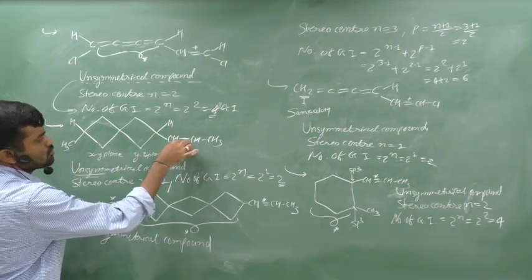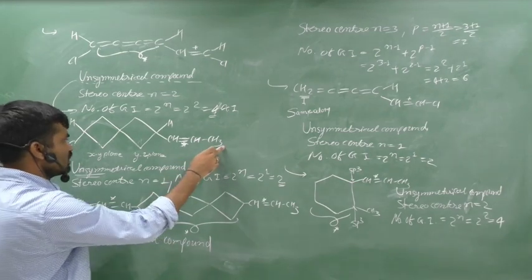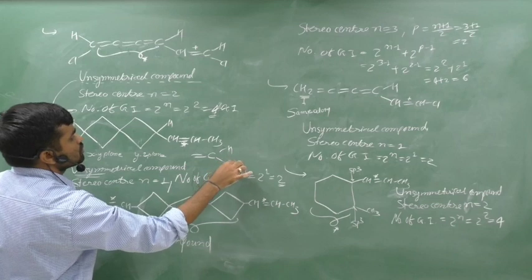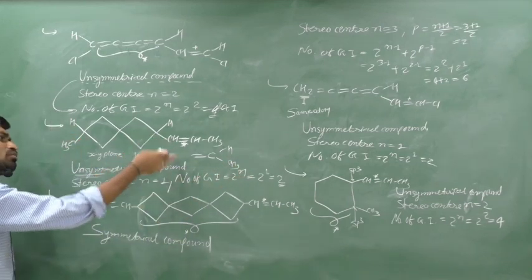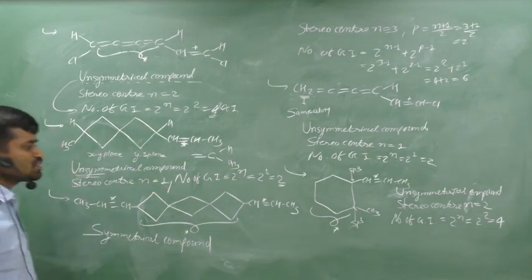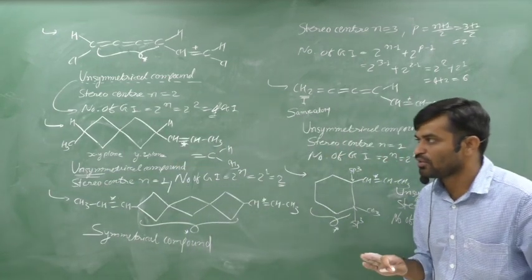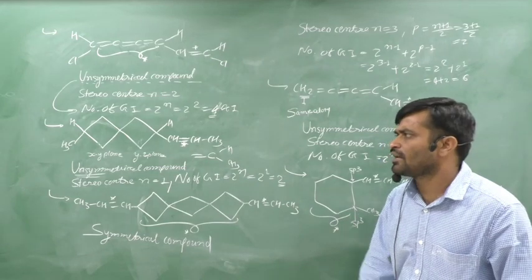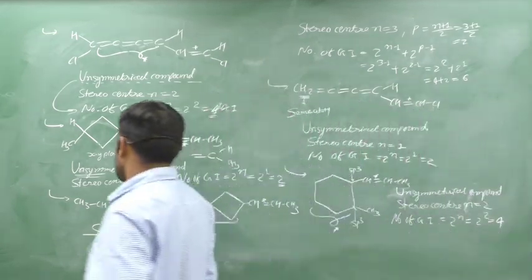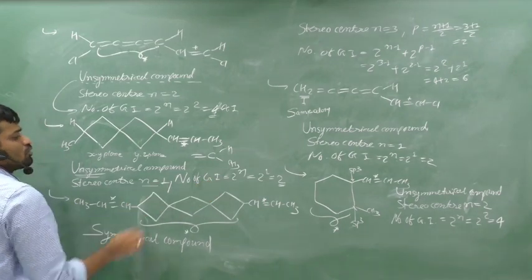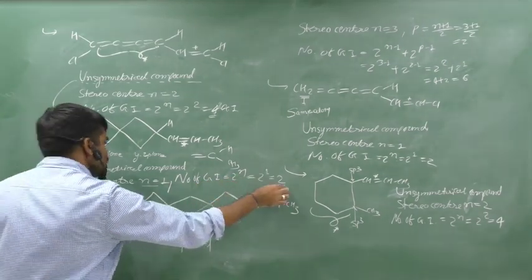But this double bond shows the GI because H and CH3, yes, we can write like that, H and CH3, 2 different valencies. And here also 2, because H and that means that stereo center is 1. Here the Spiro compound does not show the GI, but this compound shows the GI. Therefore, the number of GI is 2 raised to n, n is equal to 1, 2 raised to 1 is equal to 2.